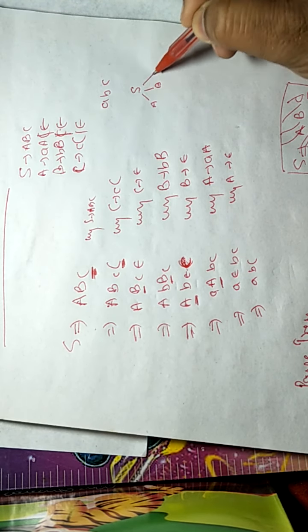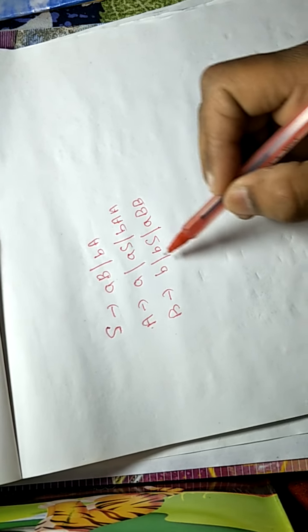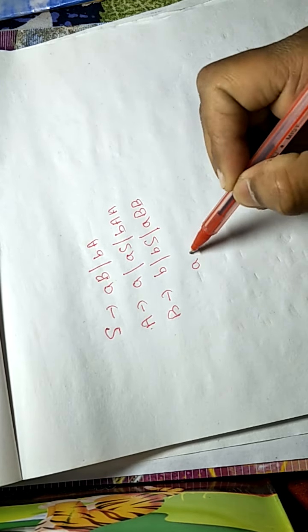Now I am giving you a home exercise. Suppose a grammar is given: S tends to AB slash BA, and A tends to AS or BAA, and B tends to BS or ABB, and you have to derive the string AABBAB. This is the given string,